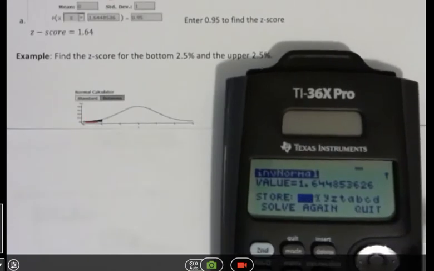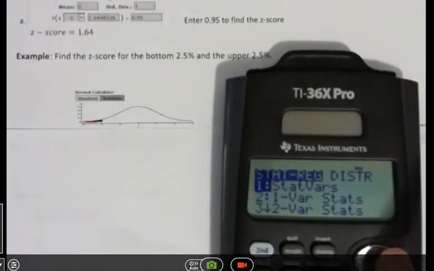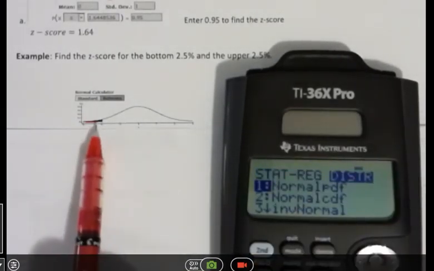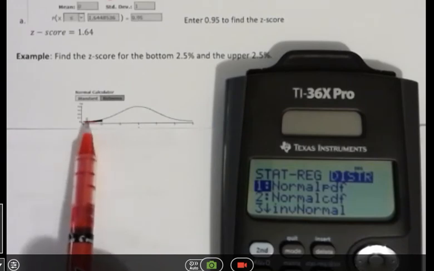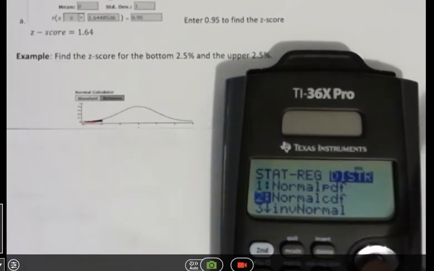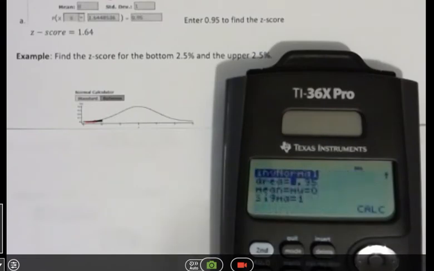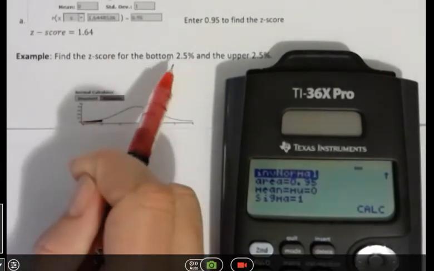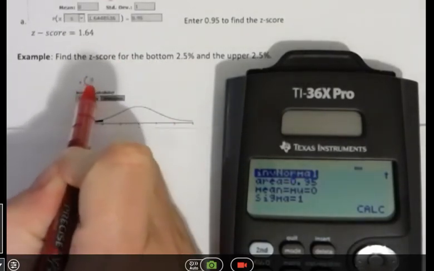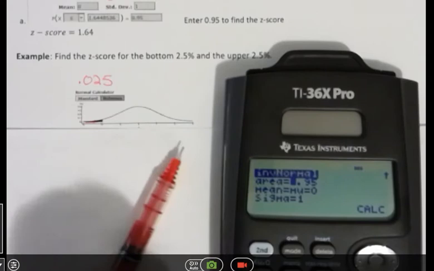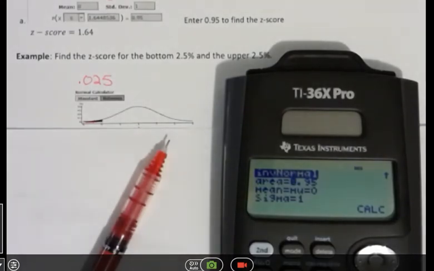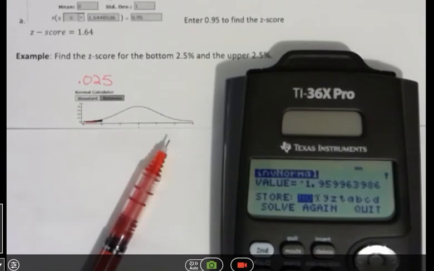So we're going to start off and do second function data and go to the right. Now where it's to the left, those are the kind that our calculator does really nicely. So we're going to go down to inverse normal, click on enter, and I know that we're talking about 2.5%. And if I move that decimal point 2 places to the left, we're talking about 0.025 as the area that we're interested in. So 0.025. And then enter, enter, enter, enter. And that is a very famous value, negative